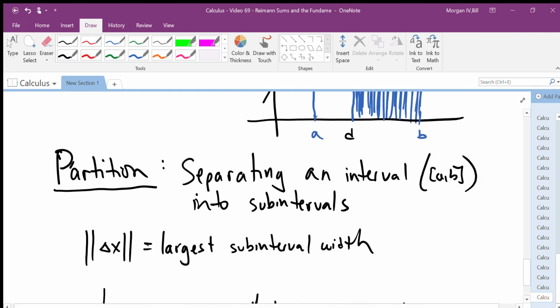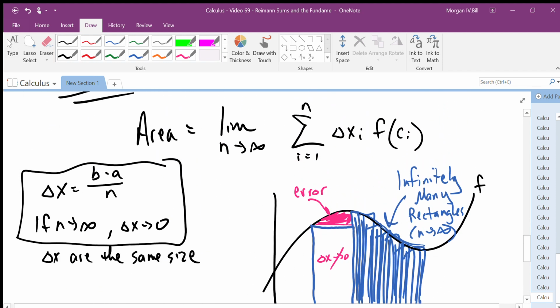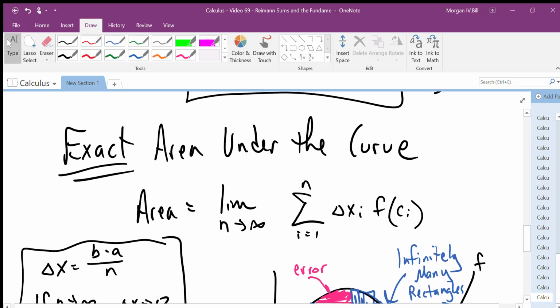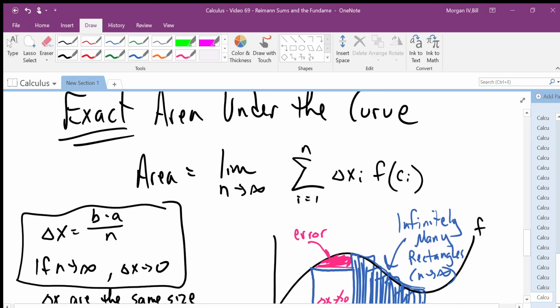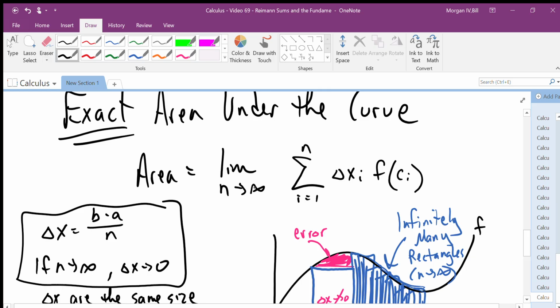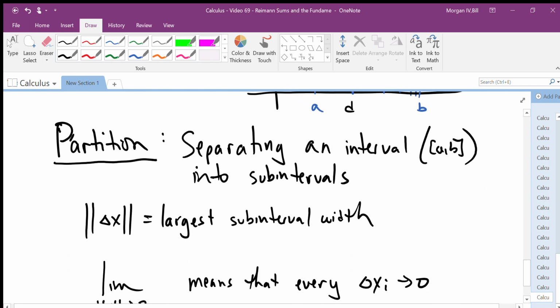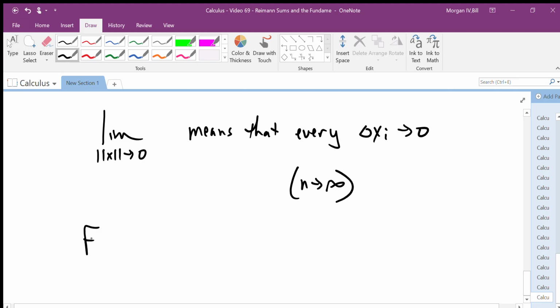So what we do is, just for that one particular case, we're going to rewrite this. The exact area under the curve, not as the limit as n goes to infinity, even though in my mind that's really what I'm thinking. I'm thinking infinitely many rectangles. We get this. The exact area under the curve